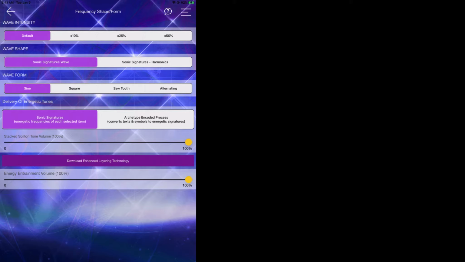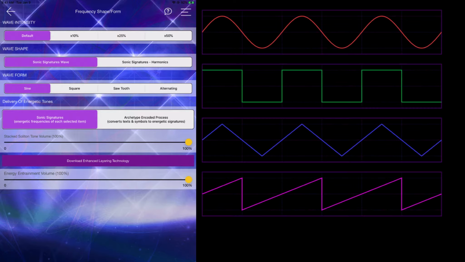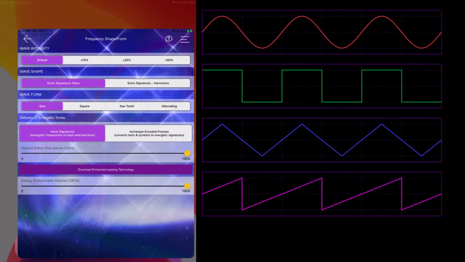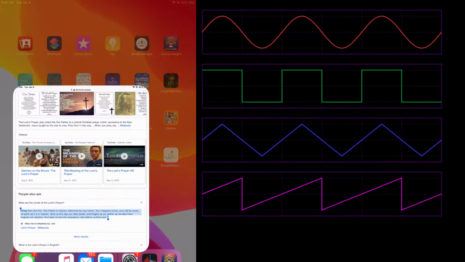We have the sonic signatures, and we have the harmonics. I'll describe the differences between those two shortly. And then we have your different waveforms: sine wave, a square wave, a sawtooth wave, or an alternating wave. So for those of you that are uncertain about what a sine or a square or a sawtooth wave would look like, you could always go ahead and open up the internet